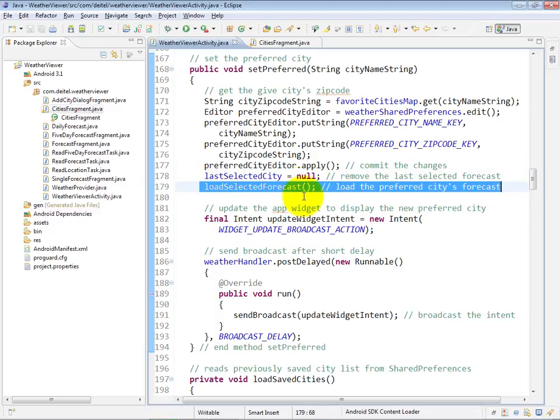Now, loading a forecast is going to result in a web services call to the WeatherBug web services, and many web services have restrictions on the number or frequency of calls you can make to those web services. Now, because we changed the preferred city, if the user has also installed the widget on their home screen, we want the preferred city for the widget to be updated, and then we want the widget itself to display the